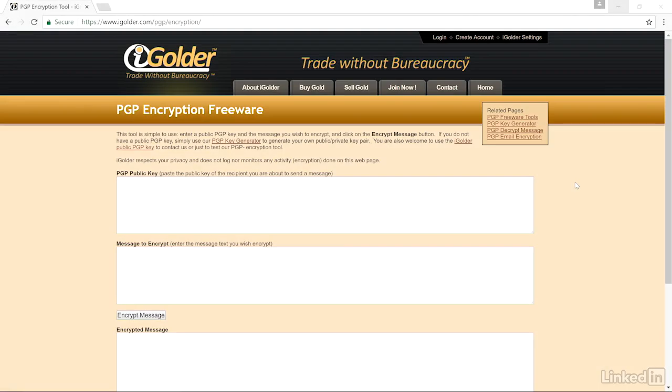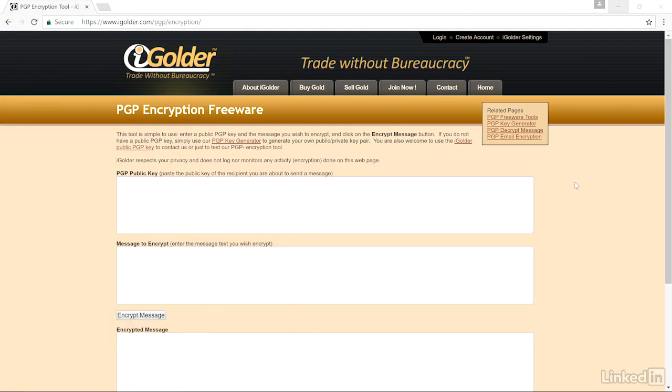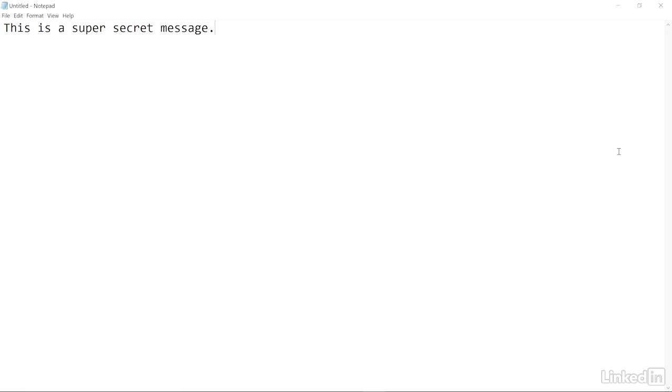I'm at this website where we can see an example of asymmetric encryption. Here we're going to use PGP encryption, which is pretty good privacy. You can also use a similar application called GPG, which is GNU Privacy Guard. I'll start here. In Notepad, I've written, "This is a super secret message," but we're first going to have to